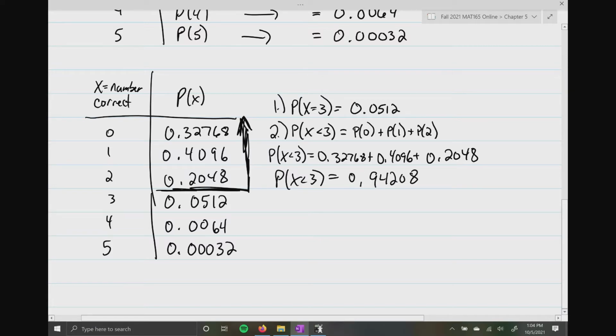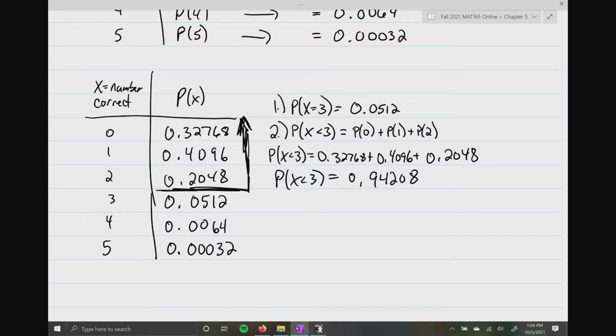0.94208. So if you think about what this problem is really asking, it's what's the probability that you're going to get at least, or I'm sorry, less than 3 correct? Well, chances are pretty high that you're not going to guess 3 questions. So 0.94208. So the next 2 questions, what I'm trying to get you to do is trying to think about